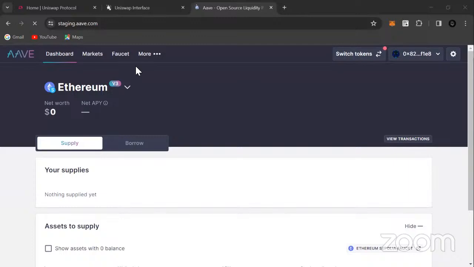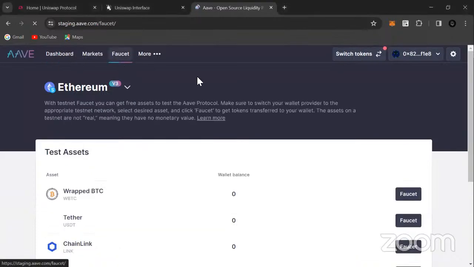Of course, they also give us faucets to use. So we'll get test tokens from them, and then we're going to use those to supply liquidity, like to lend money, so that anybody borrowing from what we are supplying, we actually make some profit out of it. So first and foremost, let's get the faucets.